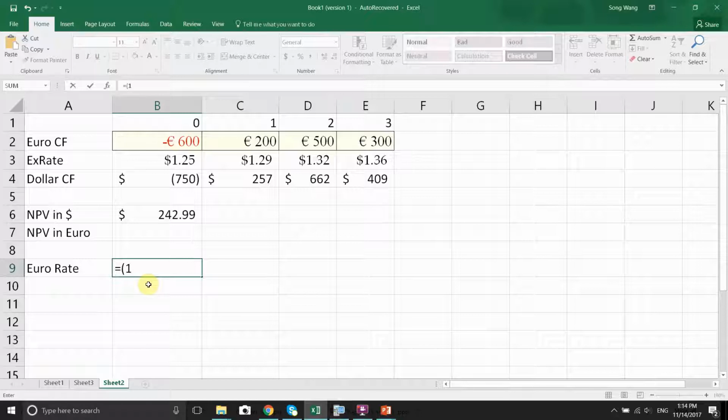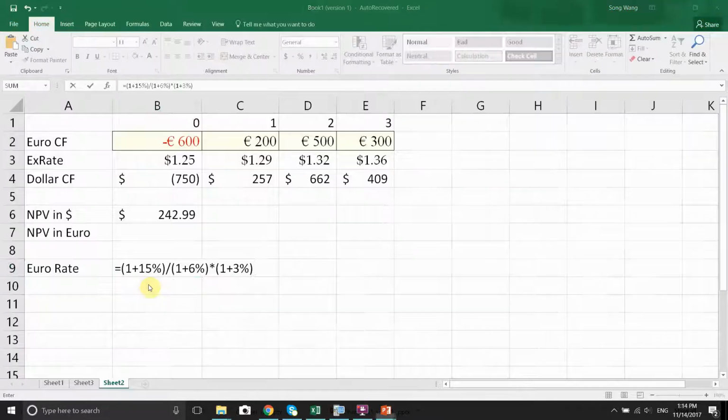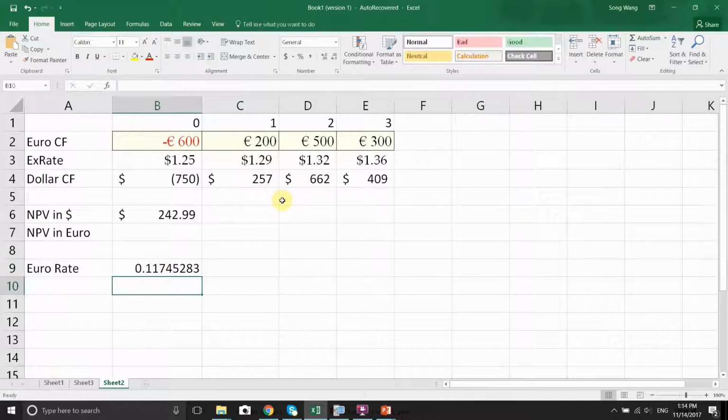So I'm going to use 1 plus 15% divided by 1 plus 6% US inflation, then times 1 plus 3% euro inflation. Is that right? And then minus 1. So this is the euro rate,